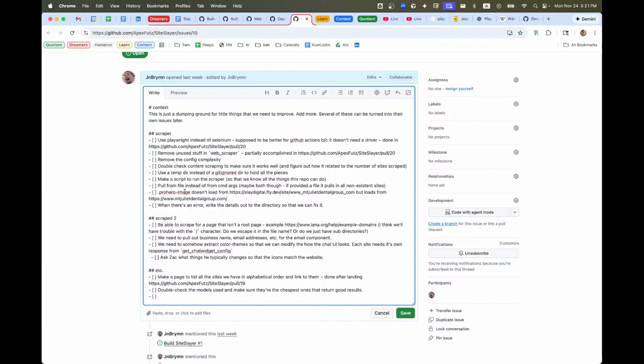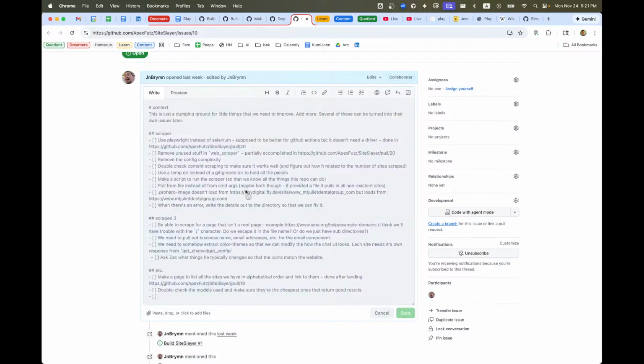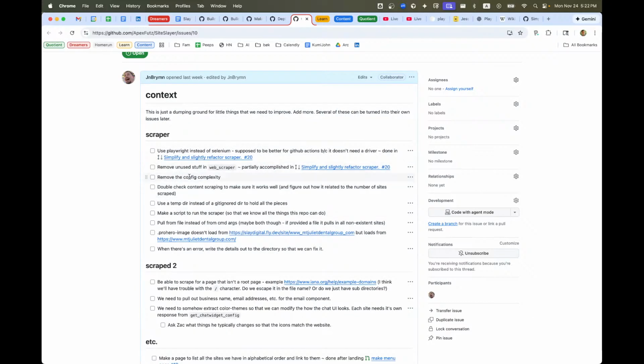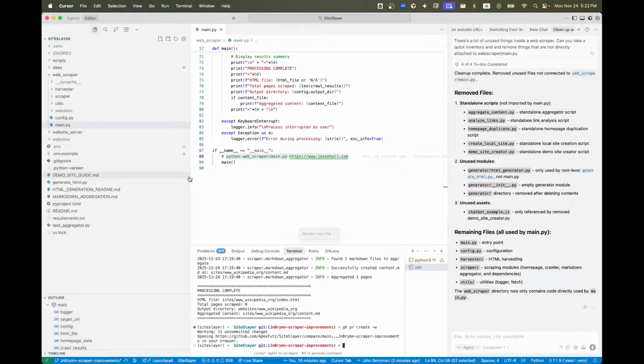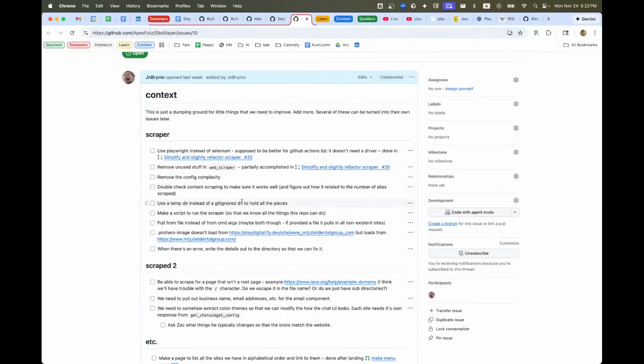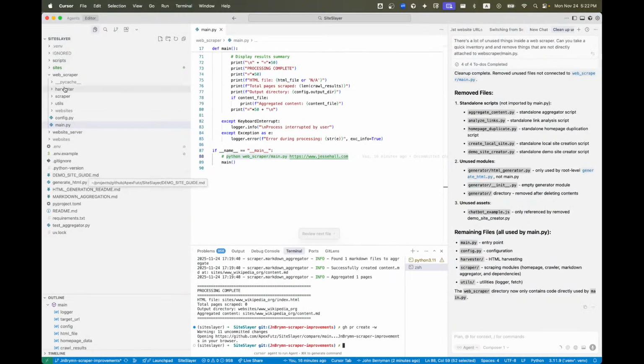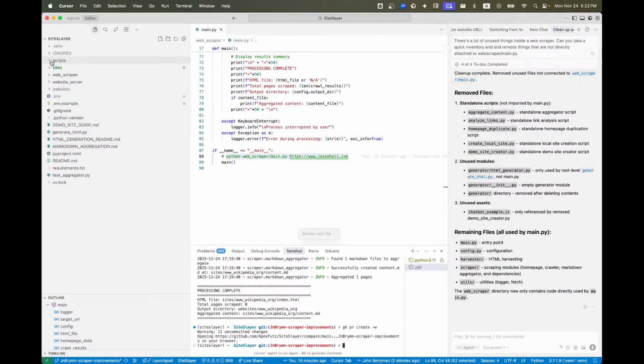Which one of these do I want to do next? Remove config complexity. I'm going to give that a whirl. Actually, no, I'm running this same command every time, but inside all repos I work with, there is always a scripts directory, and it tells you exactly what you can accomplish. And it doesn't tell us anything about scraping web pages. So